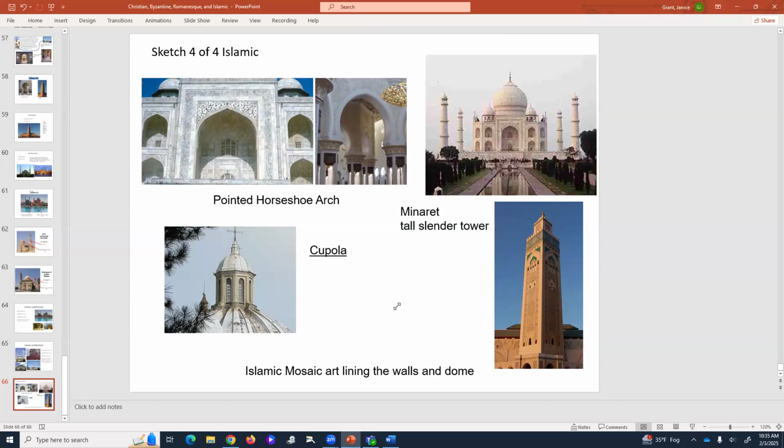So those are really the three things, and the fourth one's just a note. So the pointed arch, the minaret, or that tall, slender tower. If you just drew one tower there, or just kind of a quick sketch of this, I'm good with whatever you think represents that tower. And the